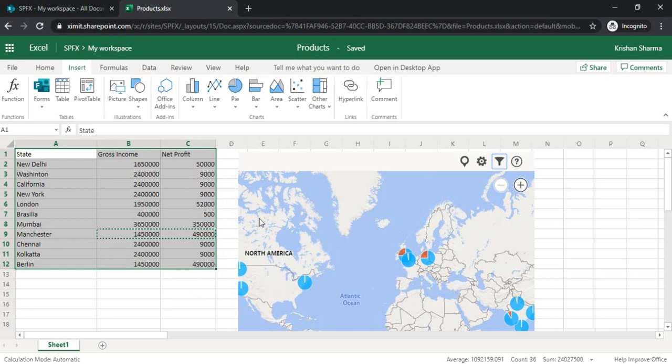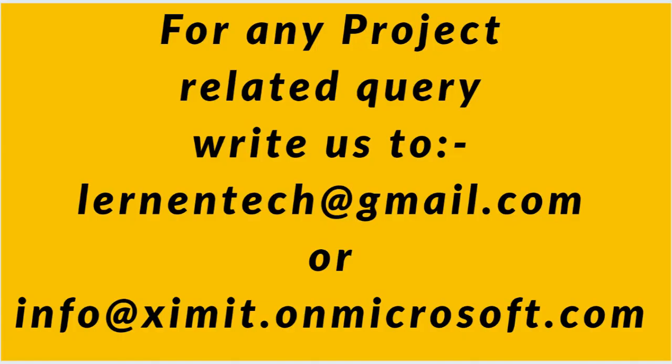So this is how this Bing Map can be used, and I'm showing this with the web version. You can also work with your desktop version of Excel the same way. The procedure would be the same. You just need to add the Office add-ins, have that map available, and bind your data so that it can start showing it visually. So that's it. I think this could be useful for you.